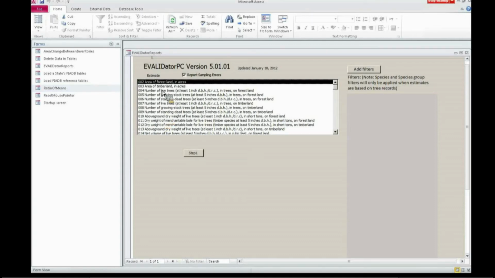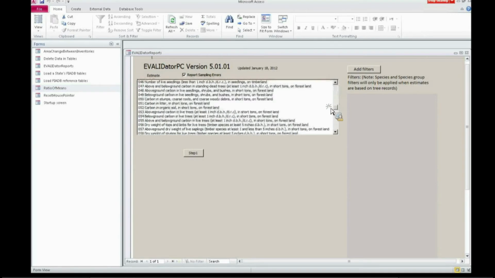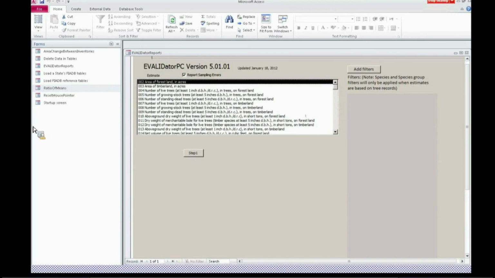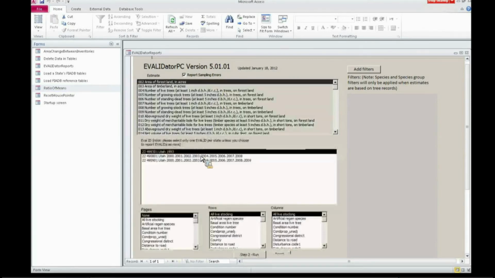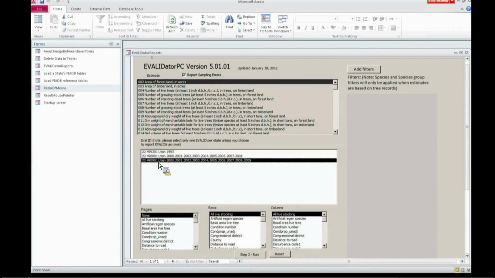These numbers are the numbers in the table that tells what they are, so they're not in exact order, and you might have to hunt and peck. But you just click on that step 1 button, continue, and then it tells you all the evaluations, much like the other EVALIDator. So we just select the most recent Utah,